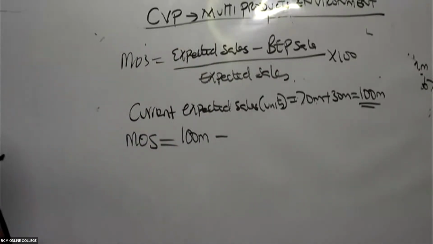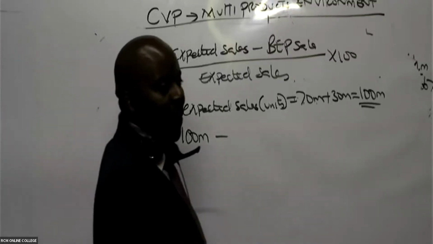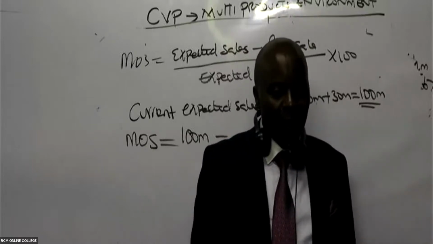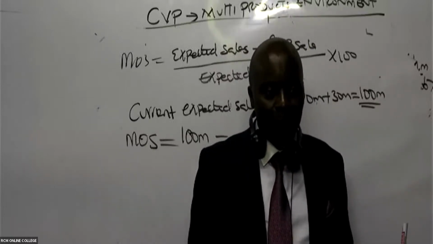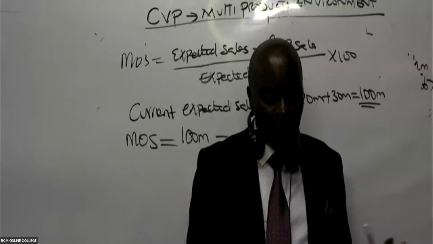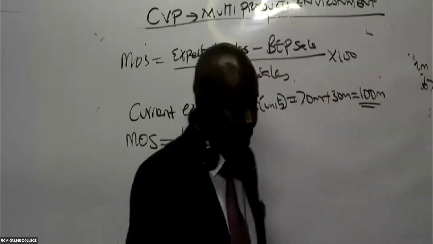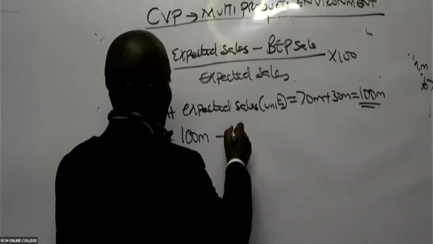So BEP sales, break-even point sales, was it 44? No, 57,000? Was it 57,000 or 57 million? 1,000. Who is now telling me the truth? The figure was in millions. Okay, so minus 57 million